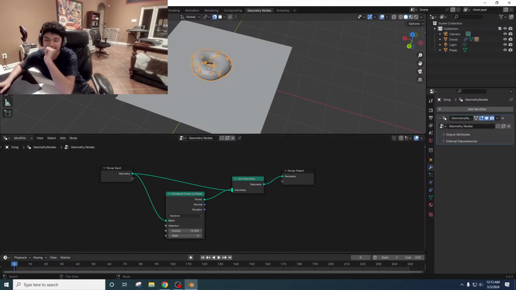And then put into our output. Okay, very cool. Awesome. All right, so if we were to give this a render right now, you would actually see nothing because these points don't physically exist. They just exist in the 3D space. If we want them to show up in the render,